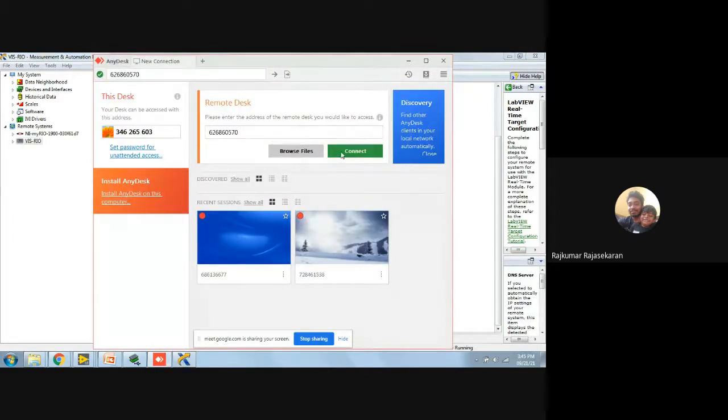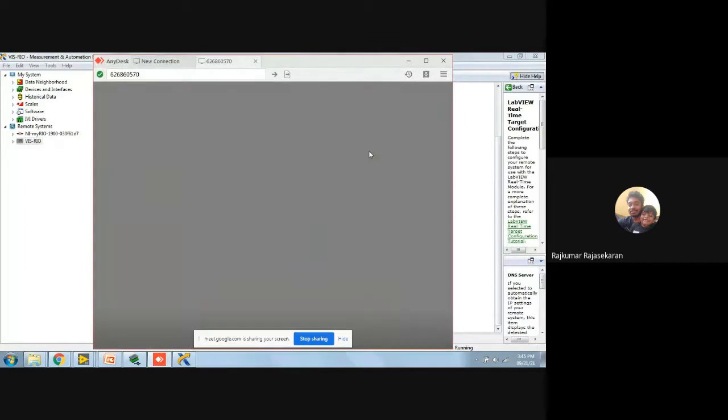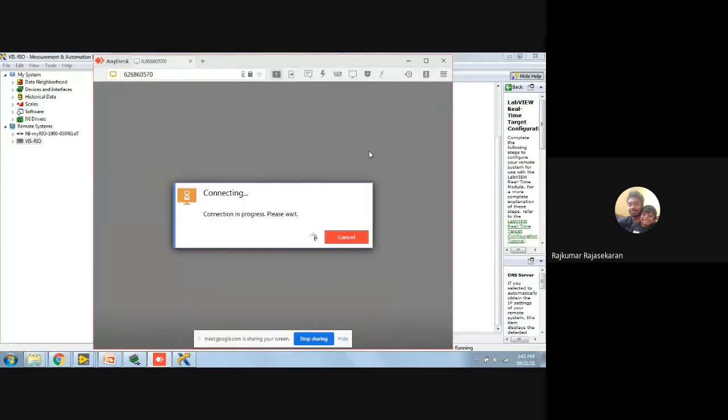Since the Wi-Fi on my cell phone is now available, I just have to give connect. It's asking me whether to connect or not. I will say I'm aware of the risk.